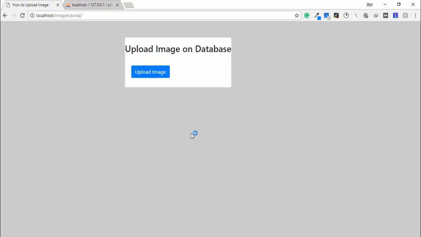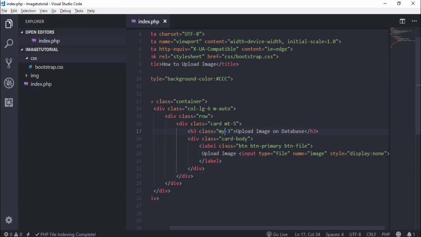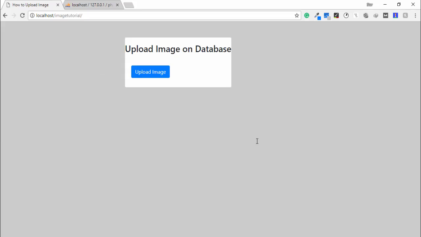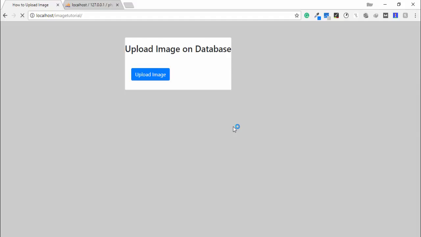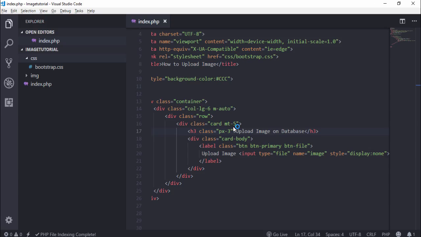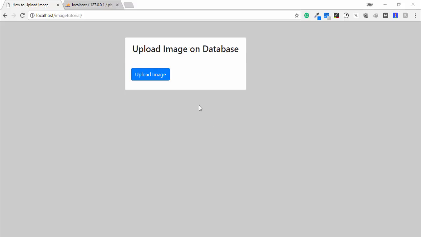Those are CSS classes which are used to design websites and forms and any other web application. Why I use padding top and bottom. Okay, I just need to use padding left, four, and py-3. Okay,